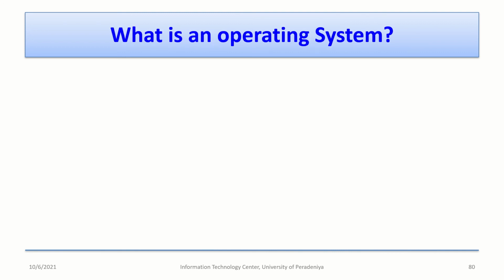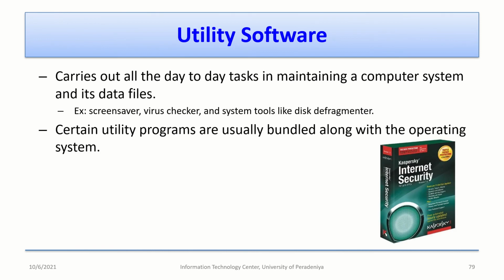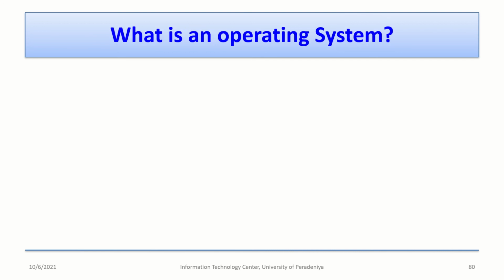Okay, the next one is, what is the operating system? Now we have discussed system software, application software, and utility software. System software can be used to control the operation of the computer and the other applications used in the computer. The next one is application software. Application software is divided into two: package and custom made. The final one is utility software. So that's the summary of software types. Okay, then next, go to what is an